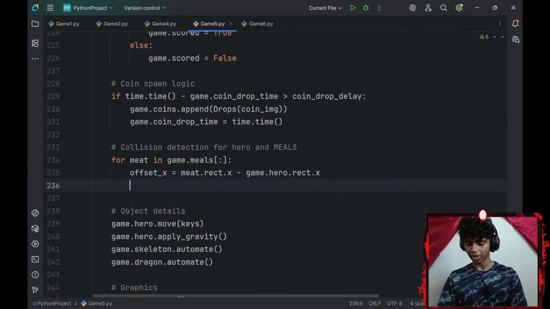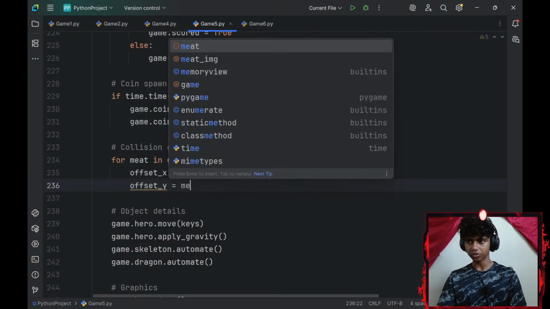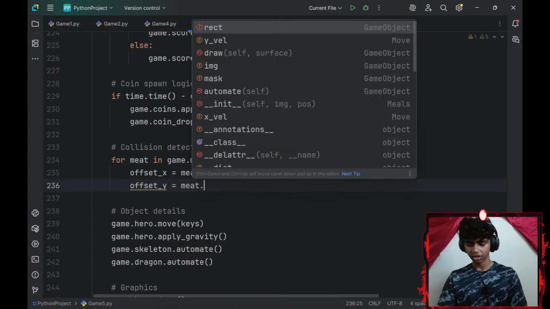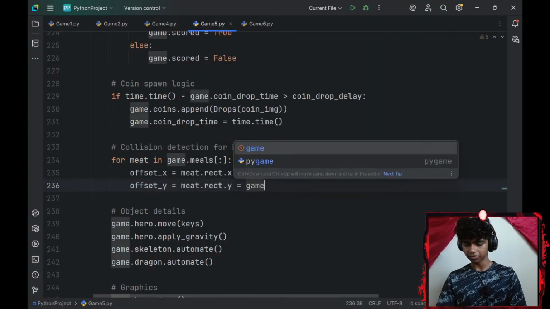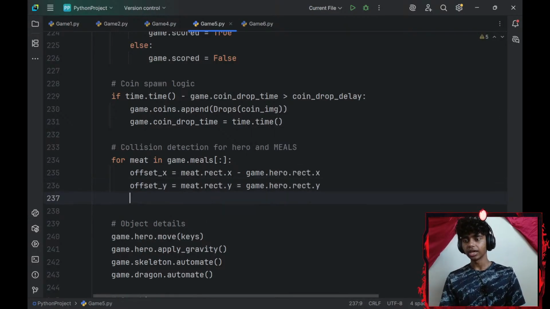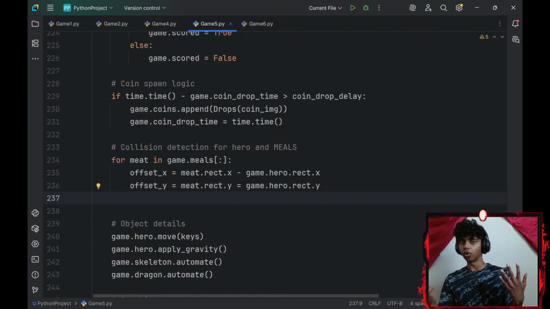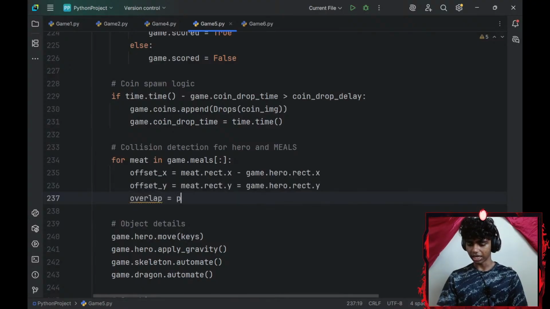I'll do the same thing for my offset y. So offset_y is going to be equal to my meat.rect.y minus my game.hero.rect.y. And then I would need an overlap variable to check if my hero overlaps with my meat object. So let me create an overlap variable. I'll set that equal to